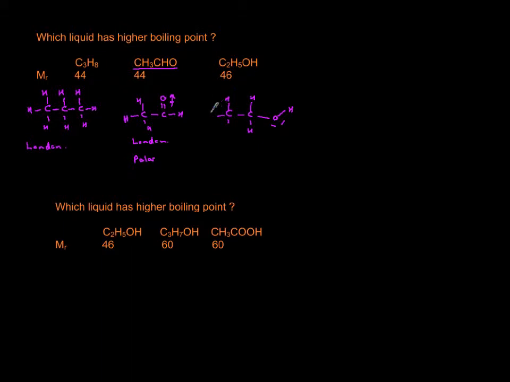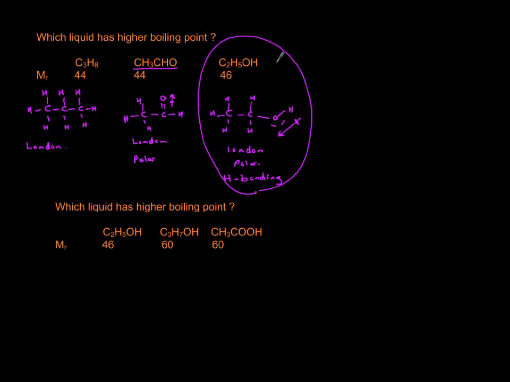So now you have London dispersion. Everybody has London dispersion. You are polar, but this is an extreme of polarity, which is known as hydrogen bonding because hydrogen is attached to oxygen. So this has hydrogen bonding. So which one has the highest boiling point? For this, the boiling point is actually 78 degrees